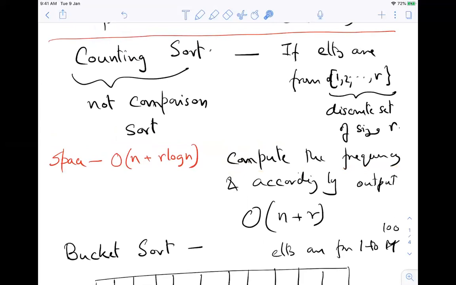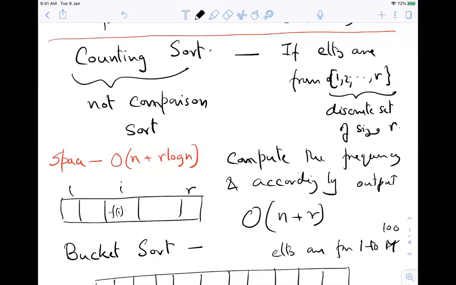Here I am using a fact that I have not specifically told you: that when I see the element I can jump to f of i and increment it. So I am actually saying that the elements are integers, and I am storing another array, an array from 1 to R, where the frequencies are stored. When I see that element i, I go to f of i and increment it.